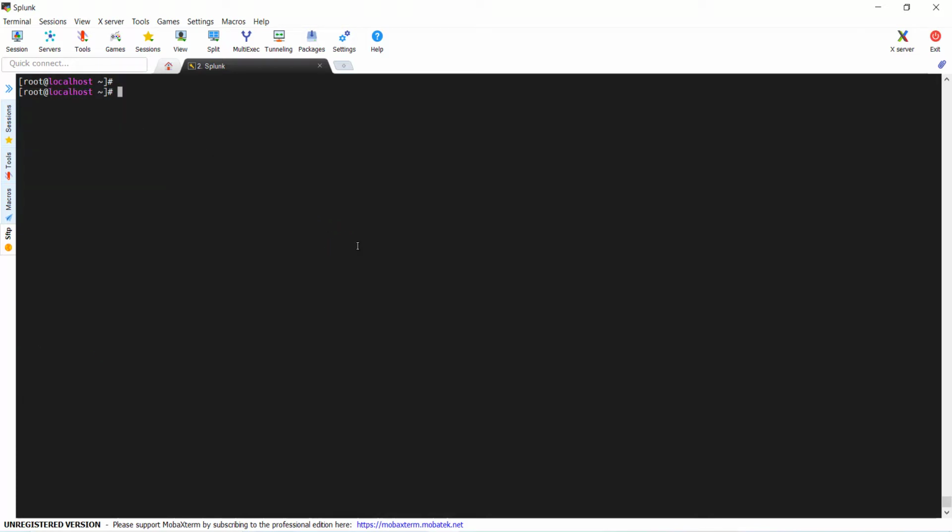Now I have to take the backup of the /opt/splunk/etc folder. For that I will be issuing this command: tar -czvf, file name, splunk_